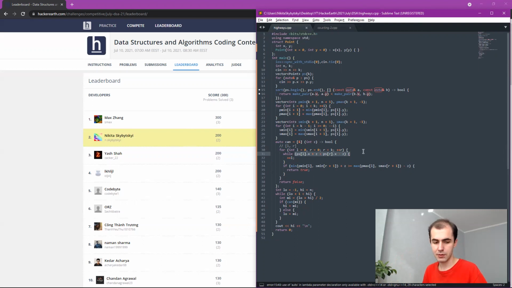I was thinking about wrong stuff like KD trees or something like that, when you can do the same thing, like include some range, and then ask for minimum maximum. But in two-dimensional case, it was not necessary. You can just compute prefix, suffix, and you're good.